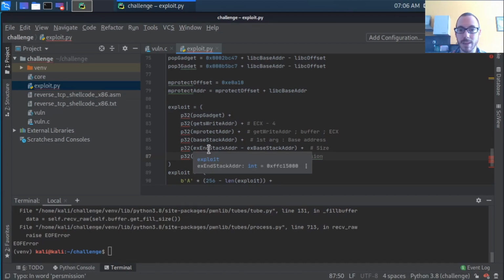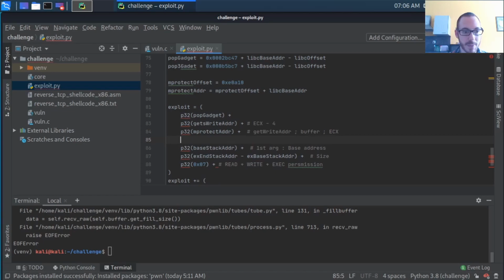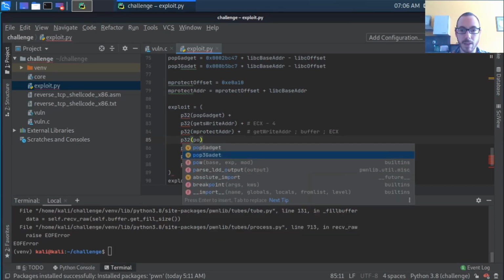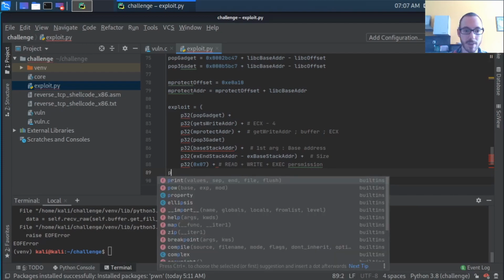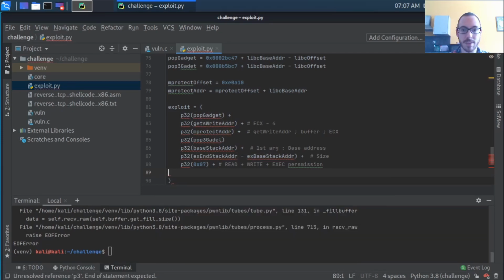Well, of course, let's not forget something important. After mprotect, we want to put a pop here. We want to pop the 3 values because we cannot execute this. The next thing we want to execute is our shellcode. So we will just put the address of the buffer, and